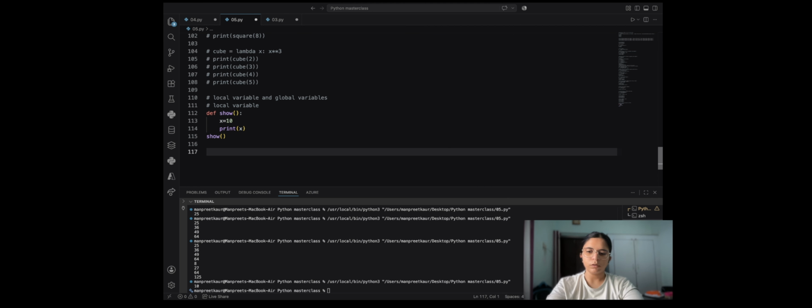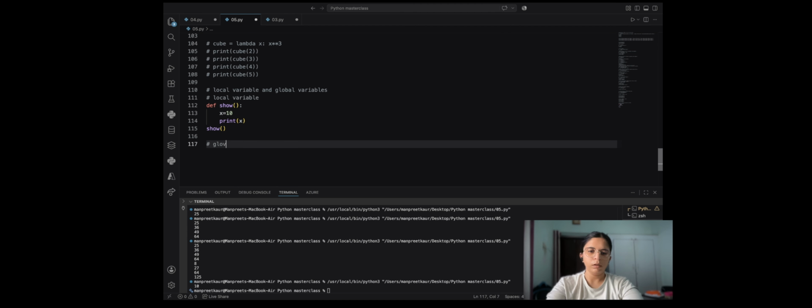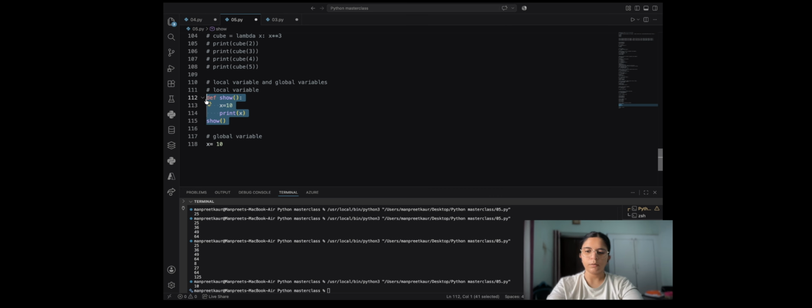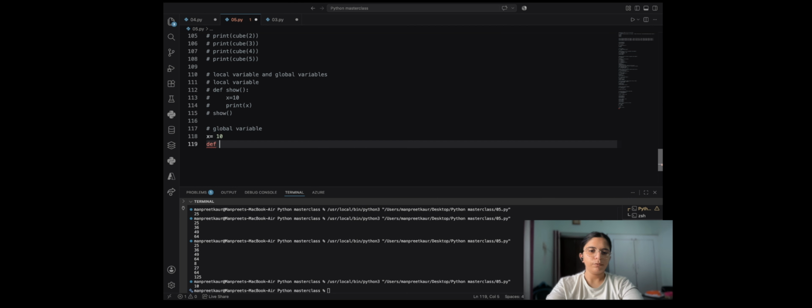Now we are going to discuss the global variable. I have to write x is equal to 10. First I will comment out this, because this will create a problem if I don't. Then def show in parentheses.